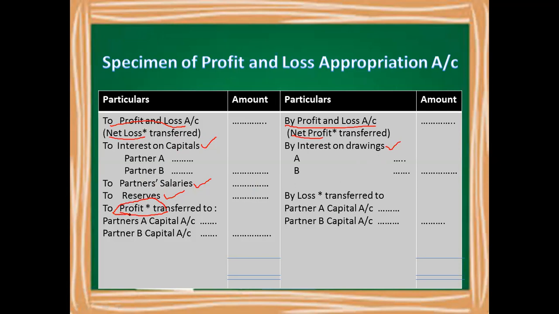This profit is going to be shared by the partners in their profit sharing ratio. But in case the debit side is more, there will be a loss, and that will also be shared by the partners. So understand this. We need to understand what the expenses are and what their types are.